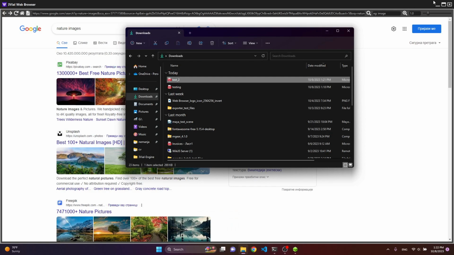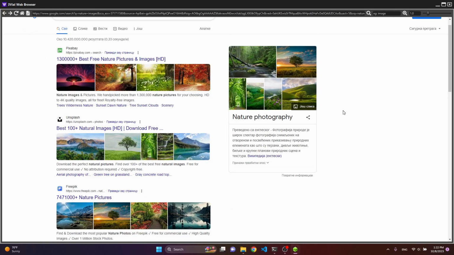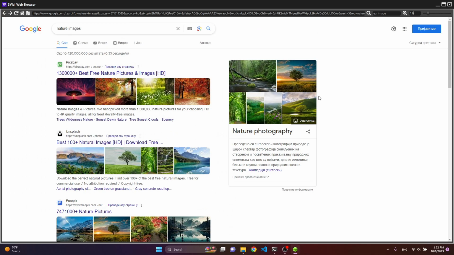So that is in short how this web browser actually works and what's the